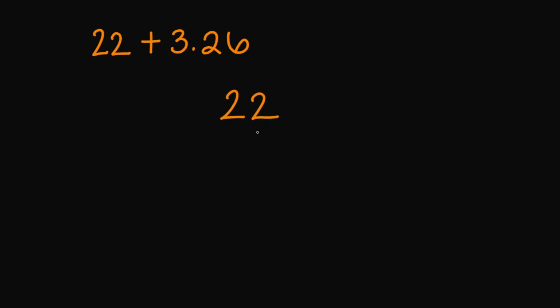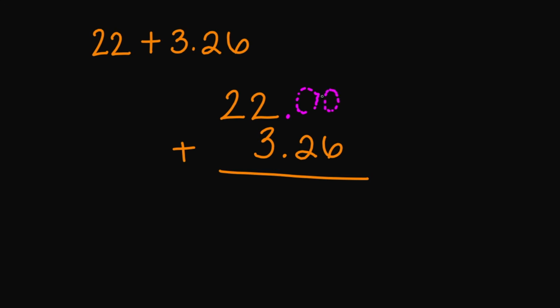So 22, I'm going to write my 3 here, my decimal, 26 here. Okay, now let's go ahead and fill in the gaps. So I'm going to add my decimal here, my 0 here, another 0 to represent 22. It's almost as if you have $22 plus $3.26, okay? Now that my numbers are all lined up and my decimal point is lined up,